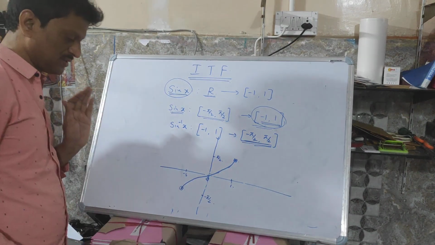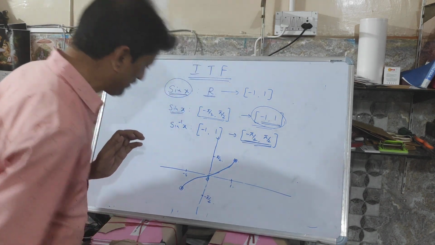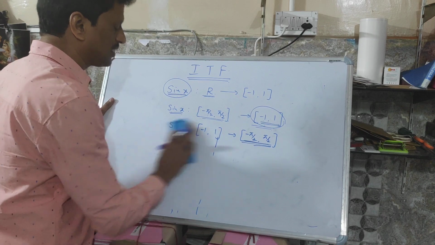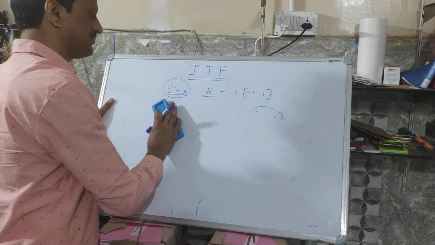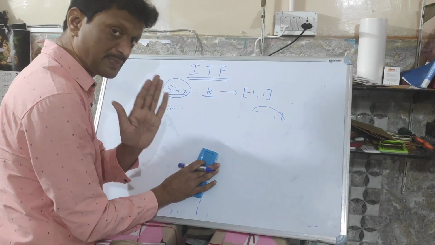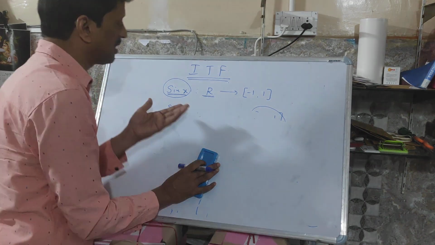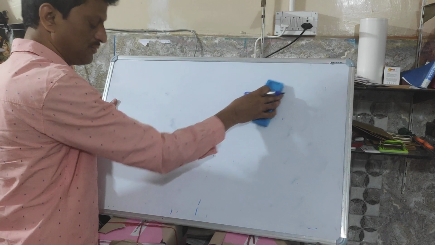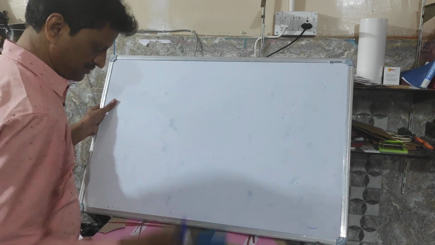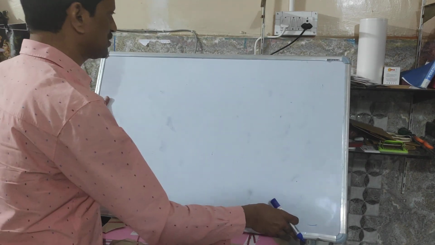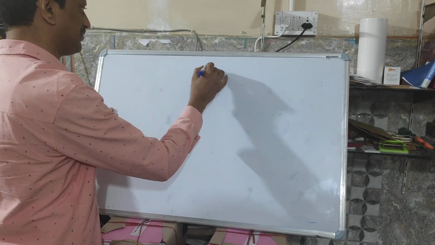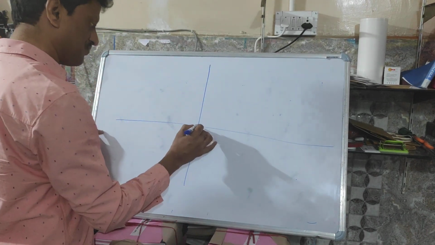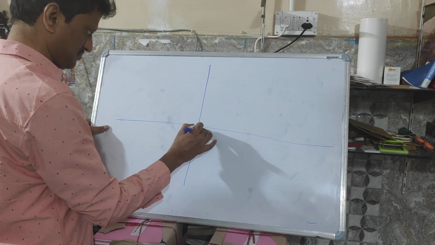Clear, students? Now if you want the complete graph of sin inverse x, I am plotting it now. You know a function and its inverse function are symmetric with respect to the line y equal to x. Or, in the original function, if you interchange x and y, you will get the inverse function; by interchanging the coordinate axes, you will get the graph of the inverse function. Now I am plotting y equal to sin inverse x.